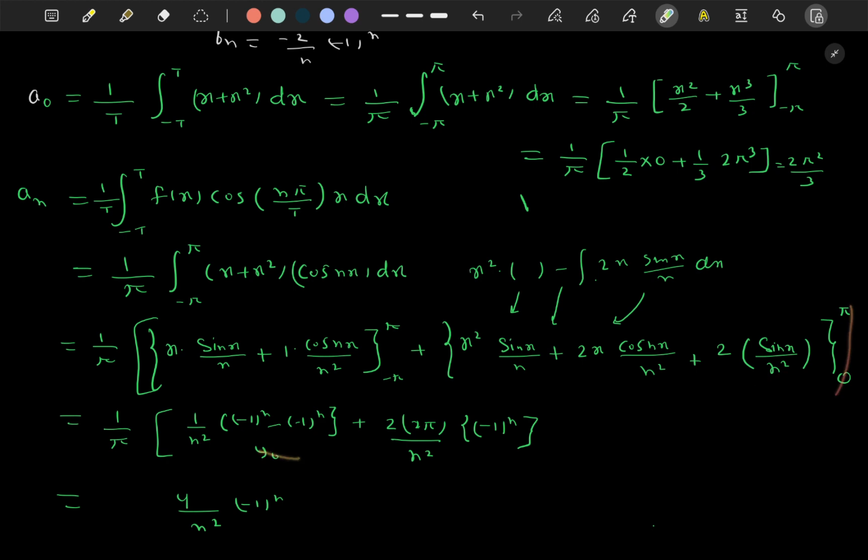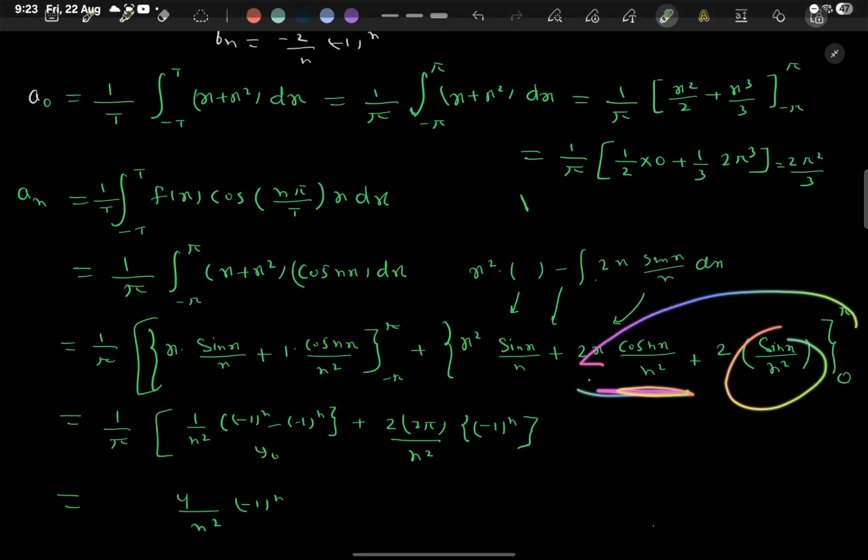So ultimately it will be 0 and we are left with sin, this sin will be 0, only we are left with this, so 2π, okay, 2π